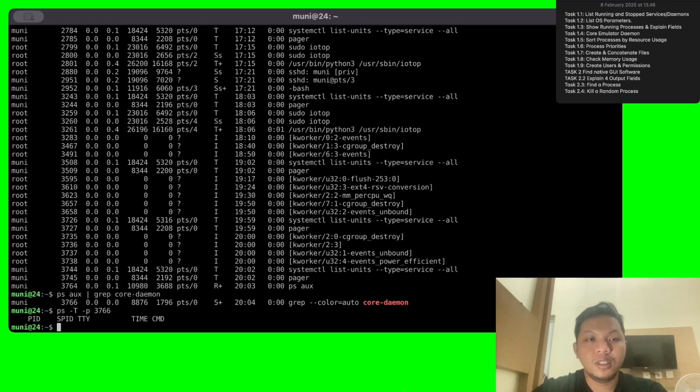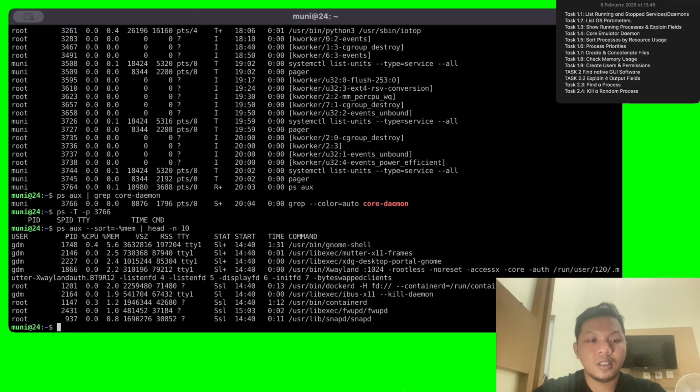Moving on to task 4, we want to sort processes by resource usage. We can use ps aux and sort by percentage memory first, and we want to show only 10. This is the top 10 processes that currently use the highest memory.